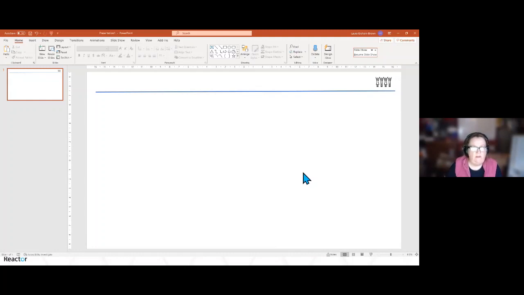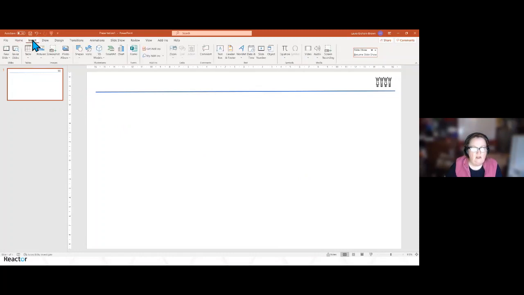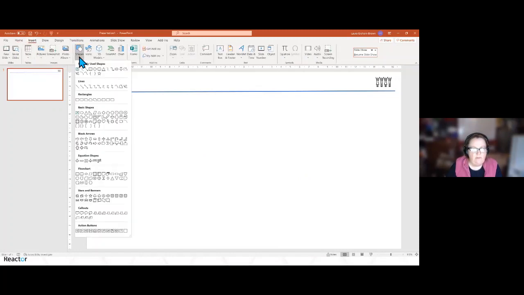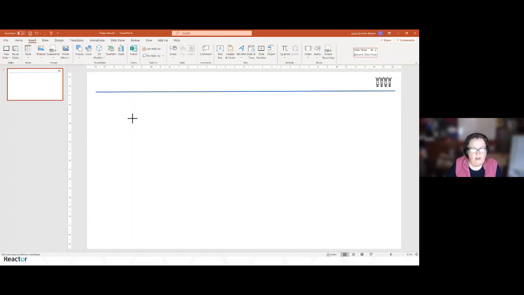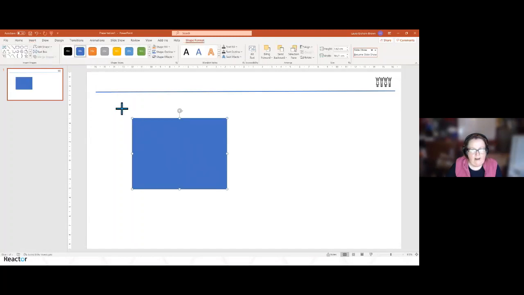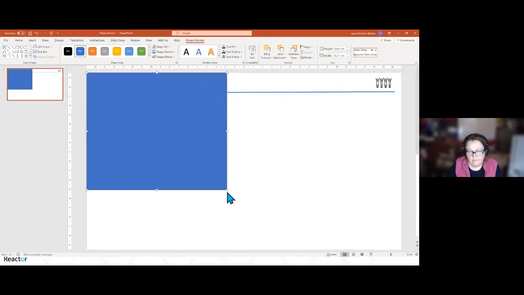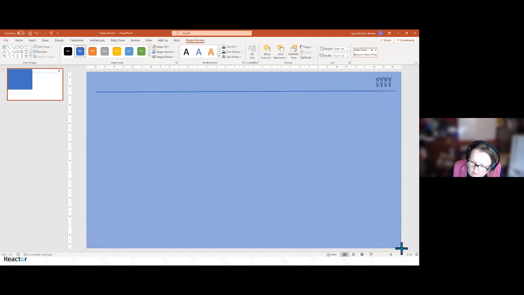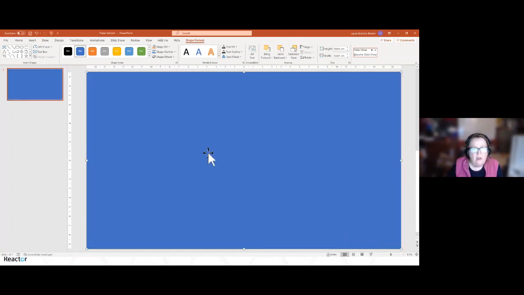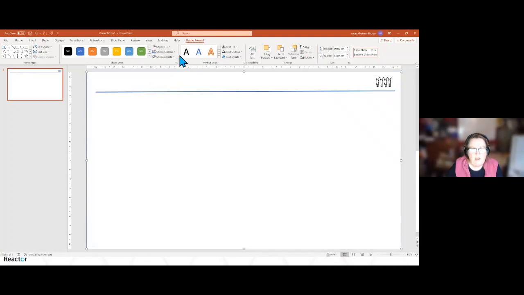So here's the trick. The last thing I do is I insert a shape, a rectangle, and I make that rectangle fit my whole screen. Okay, and I make that rectangle have no fill, and I also give it no outline. Then I press Control A, which picks all of my drawing things.